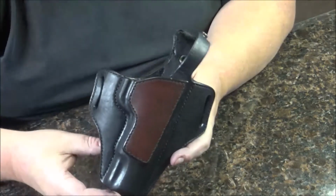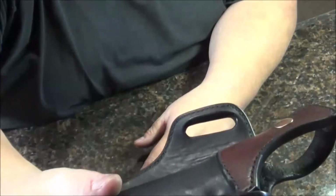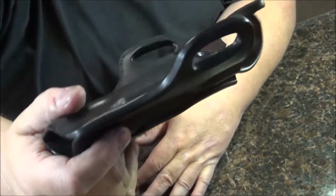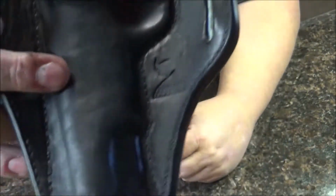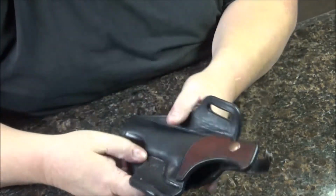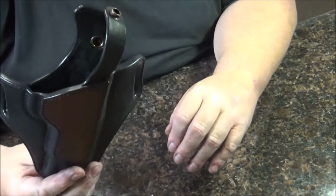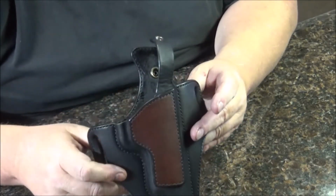Yeah, the thumb break pancake holster is looking really good. All the edges are looking pretty sweet. I did get my logo down there. I had to wet that down a little bit. She's dry now. So now all I need to do,